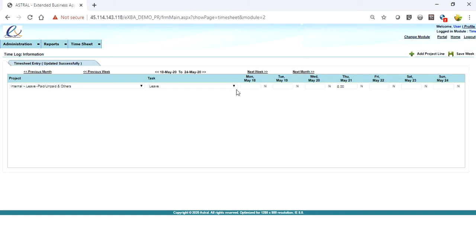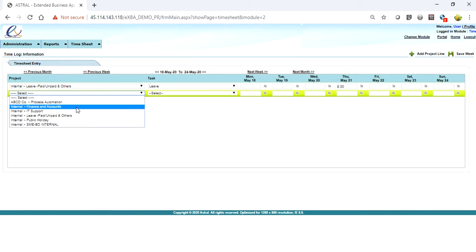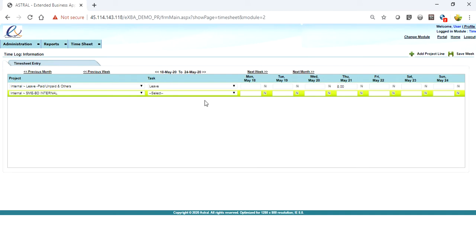So for example, if I want to add time for a different project on 20, I will click on add project line. The system will create one more row. You can select the project. For example, I select this project, and in this I will select development of POC. If you see, I can enter on this, but in this case, since I am not applying for leave, I cannot enter in future dates. The system will restrict you from entering time in a future date if it is not a leave.